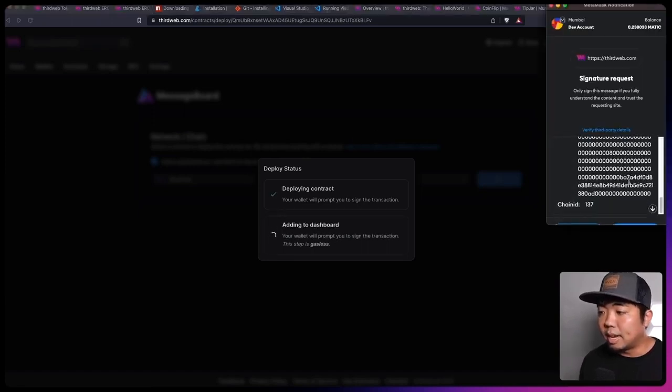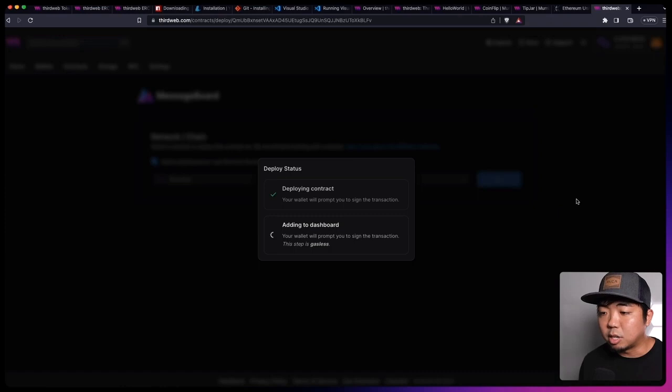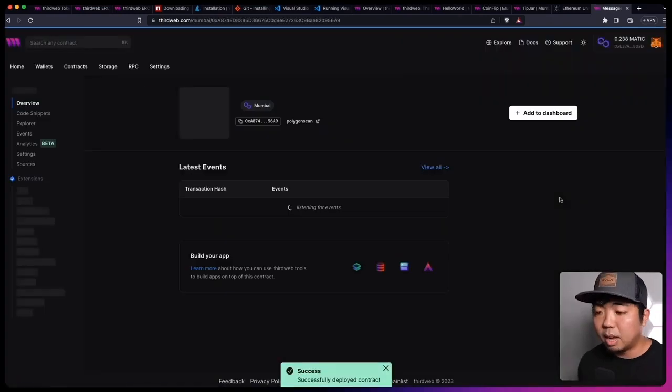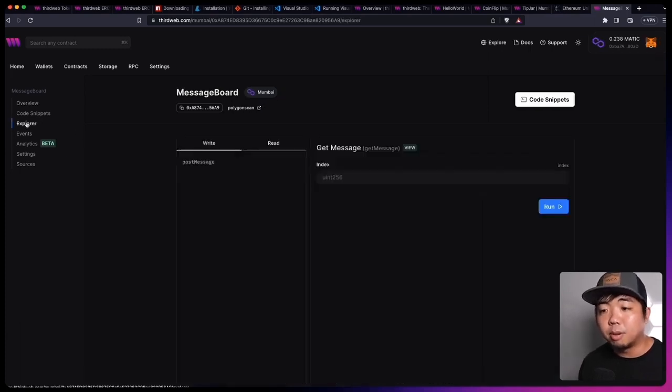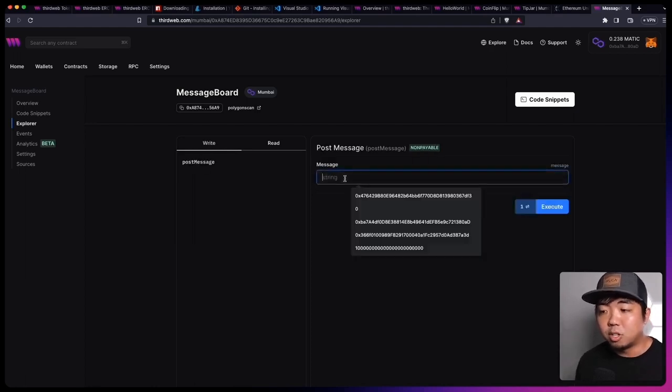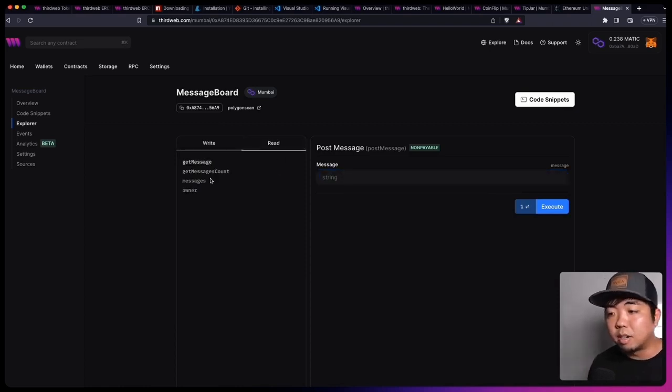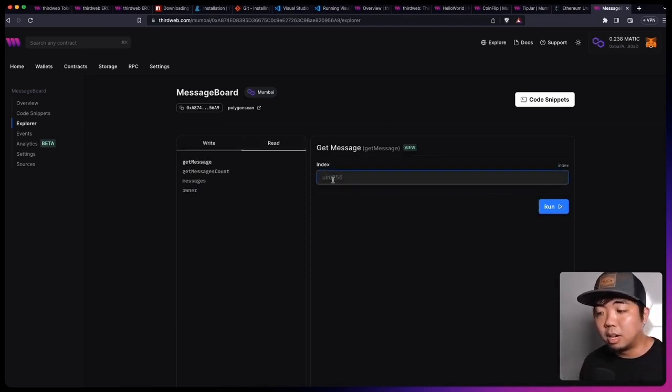And then we're going to sign that signature to add it to our dashboard. And once that has been deployed, we have our message board contract dashboard. We can head over to the Explorer tab again. You can see we have our post message write function here, which will take a string and we can post our message. We also have our read functions here, so we can get a message based on the index in